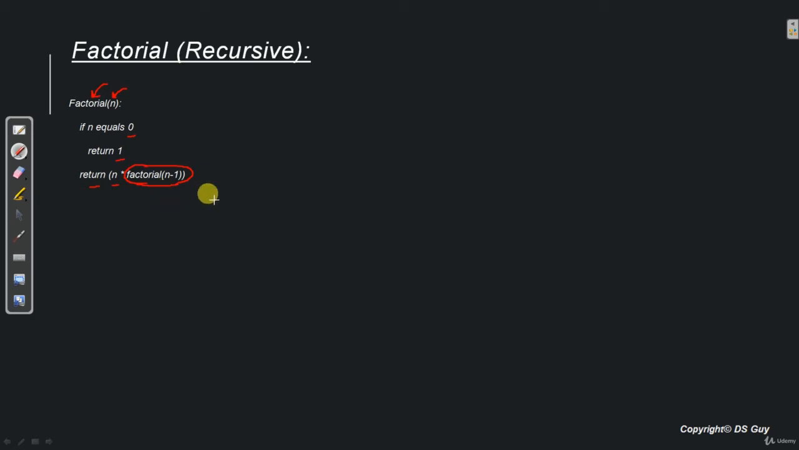So let's say we want to call this method factorial n with value 5. So what happens? If this value over here is 5, in that case the control comes here. It says if n equals 0, no, it is not, it is 5. So it will not come to this return statement, it will come to this return statement. Now what is this return statement? It says n into factorial n minus 1. So what is n right now? It is number 5